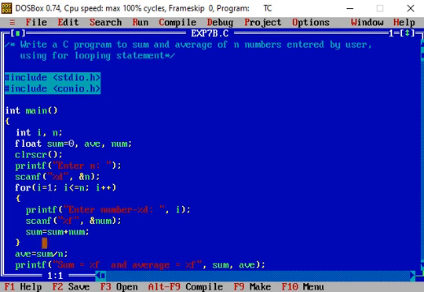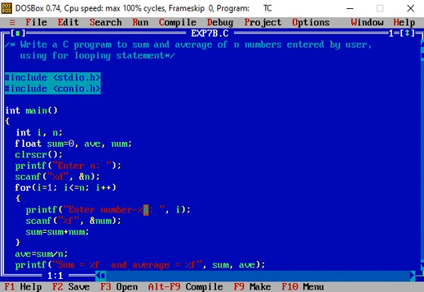After that the control variable i is updated, that is, the value of i is incremented and the condition is tested. If this condition is again true, the body of the for loop is executed and again a message is displayed, this time Enter number 2, because the value of i is now 2.